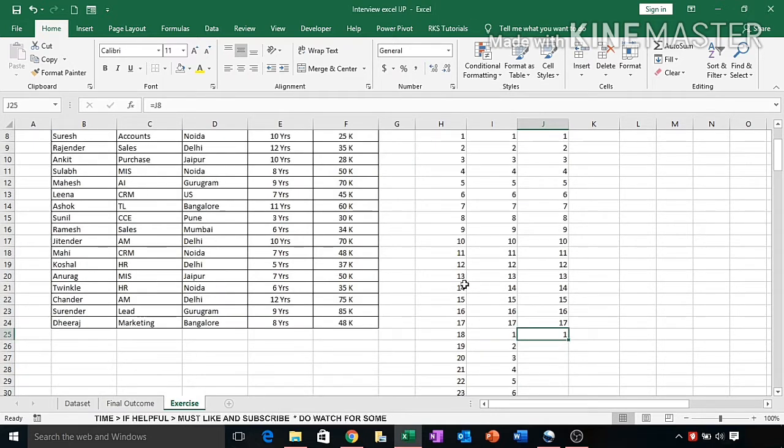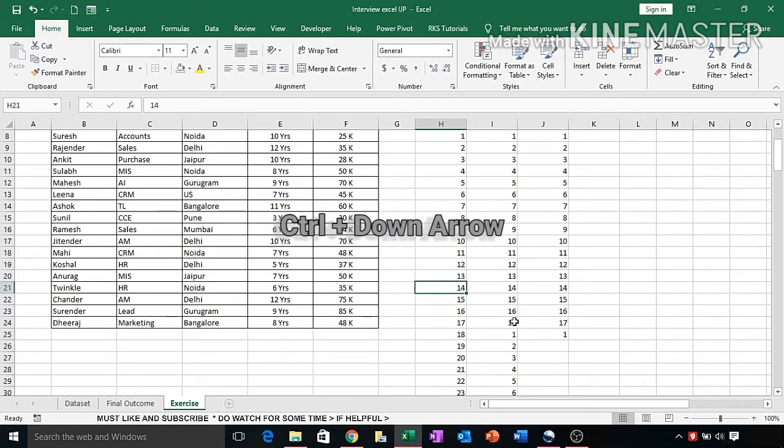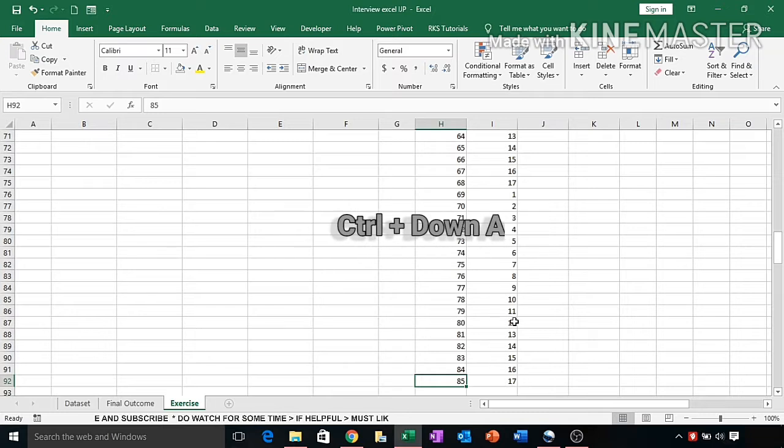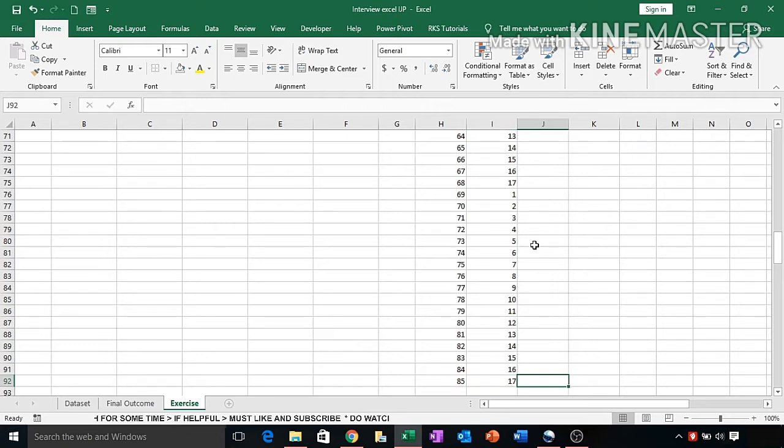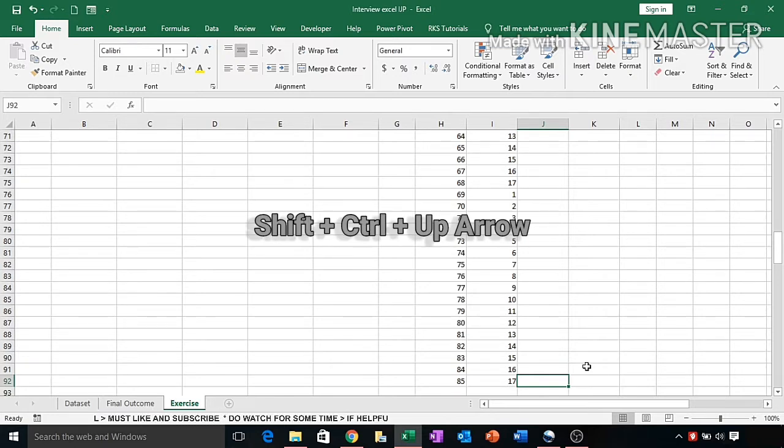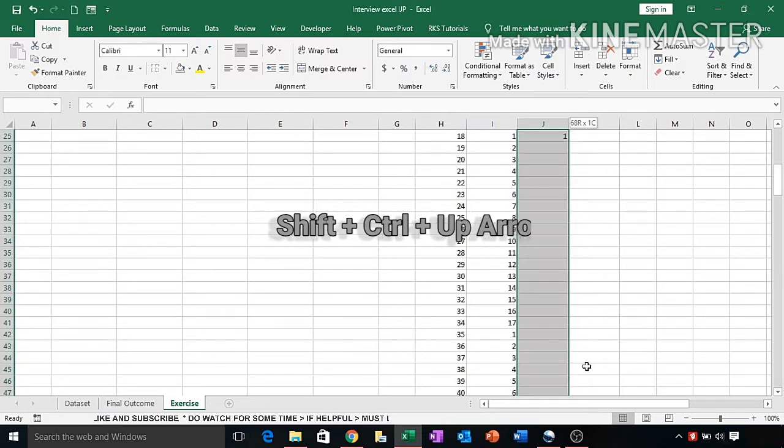And now come to the first column, press Control Down Arrow so that you can reach the end of the column and move to the right. Actually we have inserted the formula in this column. Now press Shift plus Control and Up Arrow.